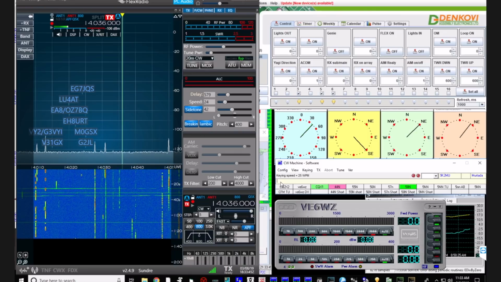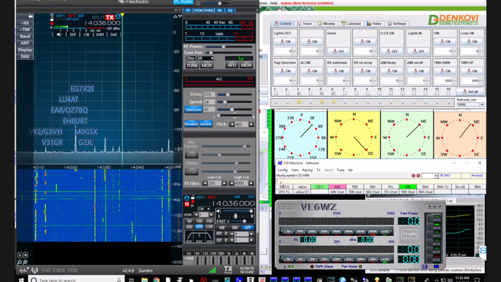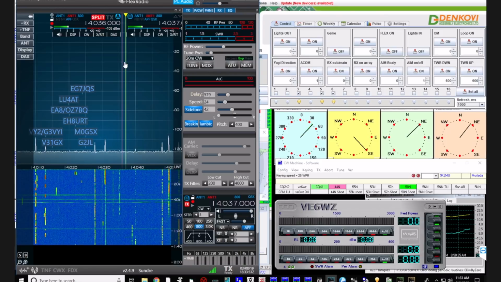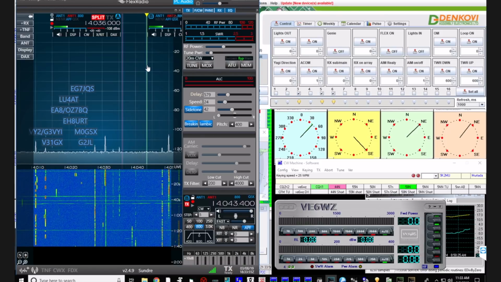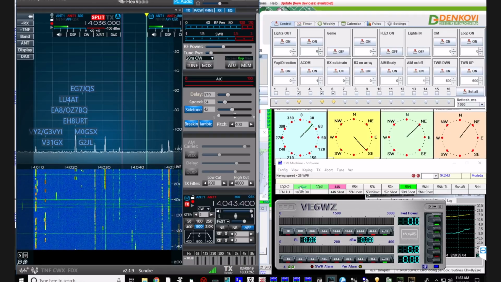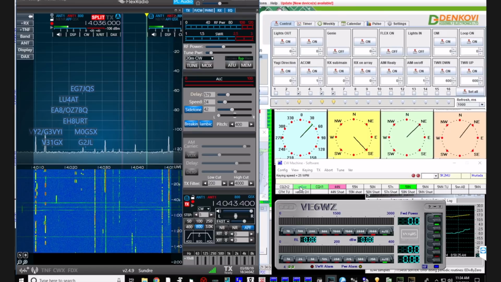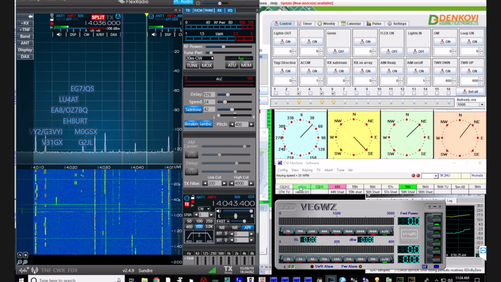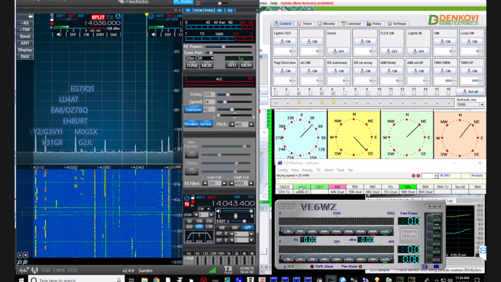Hopefully you're following me here, and I've actually done this, and I've actually worked DX operating split by just setting a split and listening to the DX, and I pick my transmit frequency, and I'll just send my call using my finger on the iPad, and I've successfully done that. So anyway, that's just another added benefit, and the other thing that would go with that, sort of a parallel to that, is